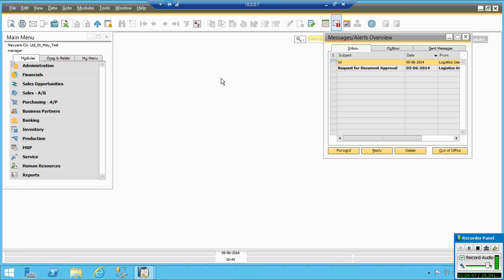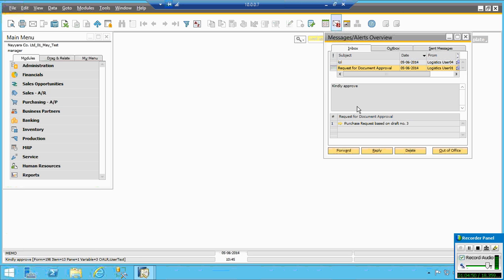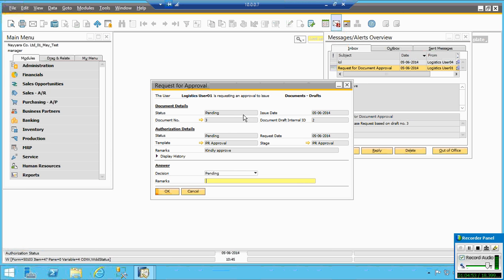Now the request for document approval has come to the manager. The manager opens it, and when he sends it, you can see the document below. You open it, there is an option: decision pending, approved, not approved. If it is not approved, you cannot add it. You will get a written message that it is not approved. If you say approved, the system will send a written message saying that this is approved. I can see the document.